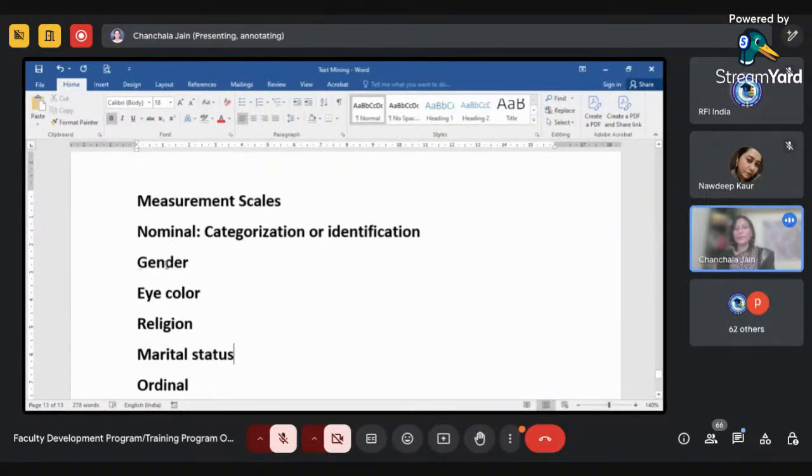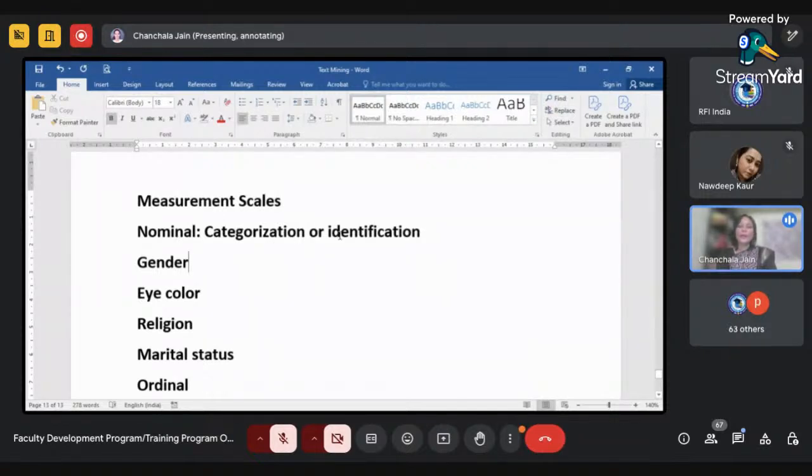When you take these variables one by one, you can understand the concept of the nominal scale. For example, take the very basic example, gender. When I classify my respondents on the basis of their gender, I can easily say how many males and how many females I have, if I am taking only two genders. This way I can classify my group of people on the basis of gender. Similarly, eye color, religion, marital status, etc. can be used to classify people.